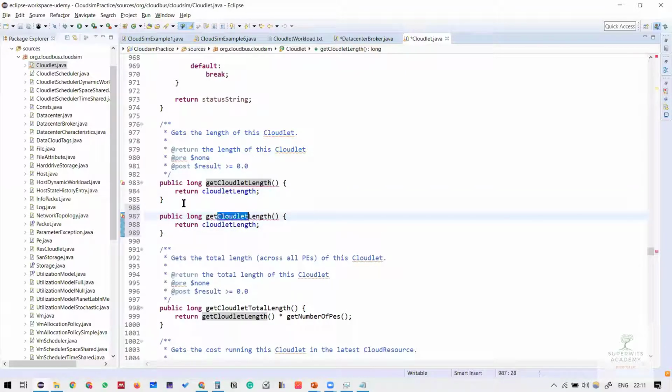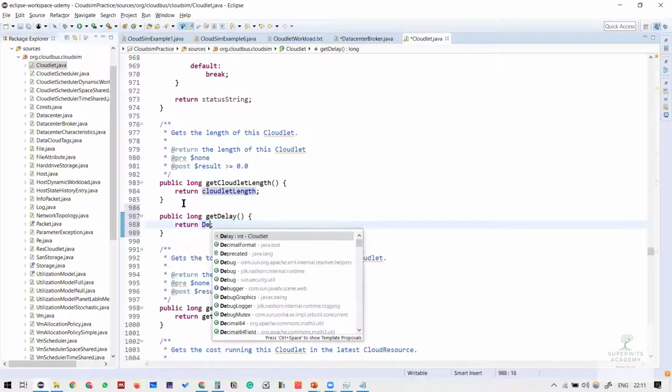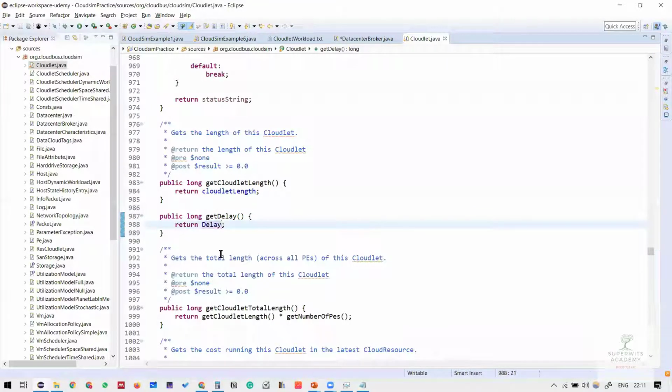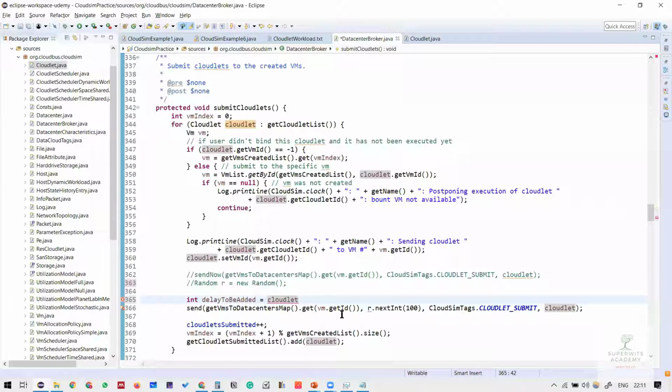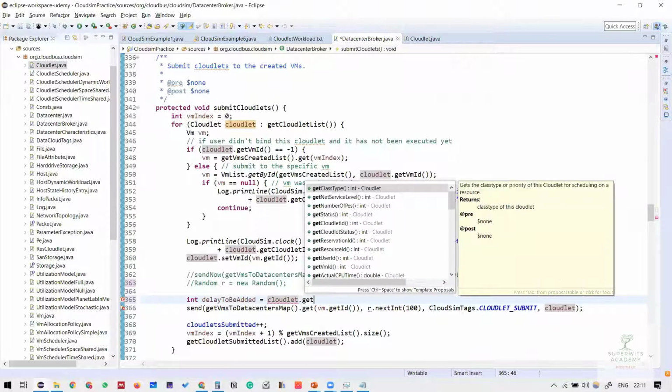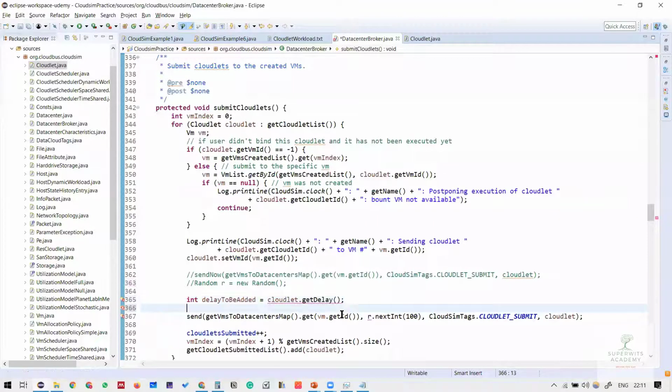So getDelay, and within this we are going to return the value of delay. So here the getDelay method is to be called. That means whatever delay we have provided as the parameter at the instantiation of the cloudlet will be working for us. Okay, so mismatch, cannot convert the type. Okay, so that's a long. Anyways, I can do a cast here.